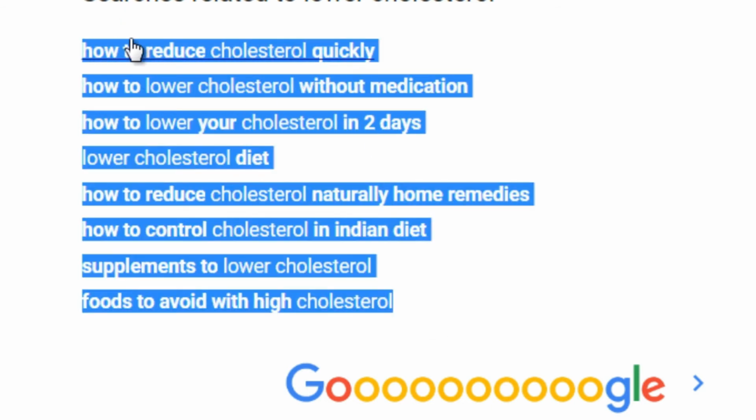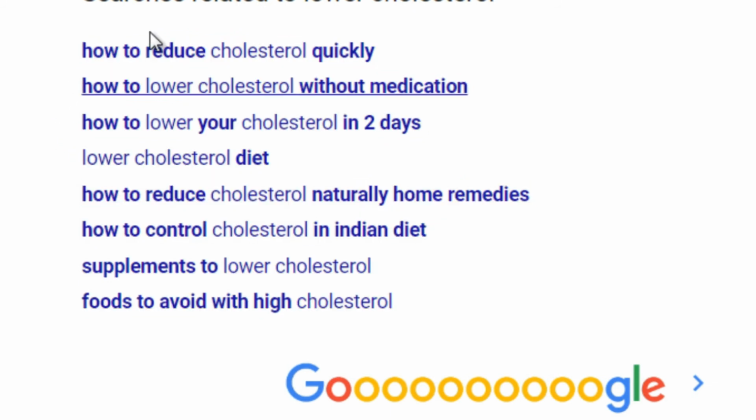Now, what this allows you to do is see the high demand searches. In other words, Google's not going to show keywords up at the top unless people are actually searching for them. So if thousands among thousands of people are searching for them, that's something to be aware of. Now, what this allows you to do is drill deeper.